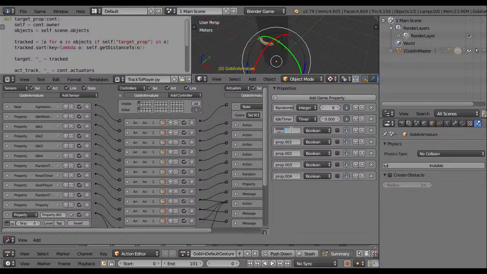For example, this one I'm going to make the same as alerted and aware, just like the elk, and then walk, idle, sprint.